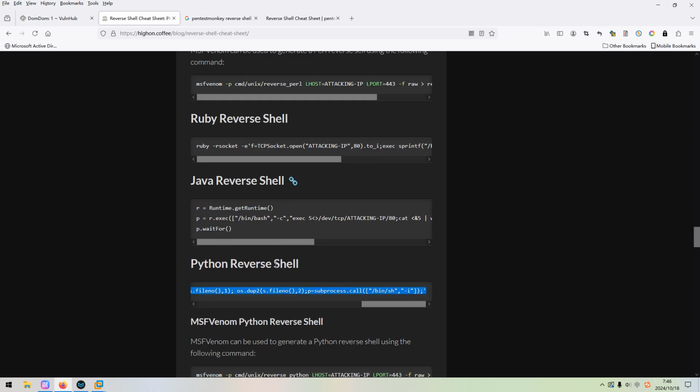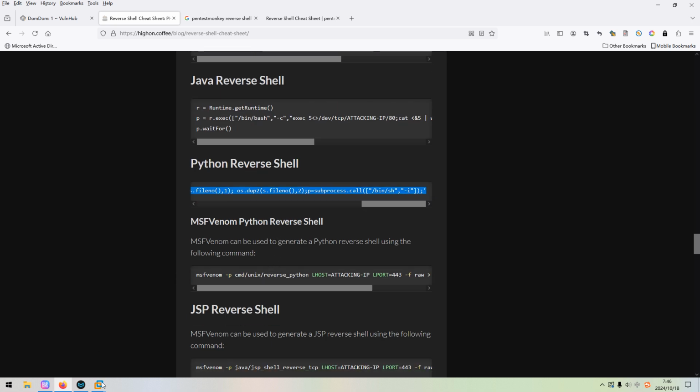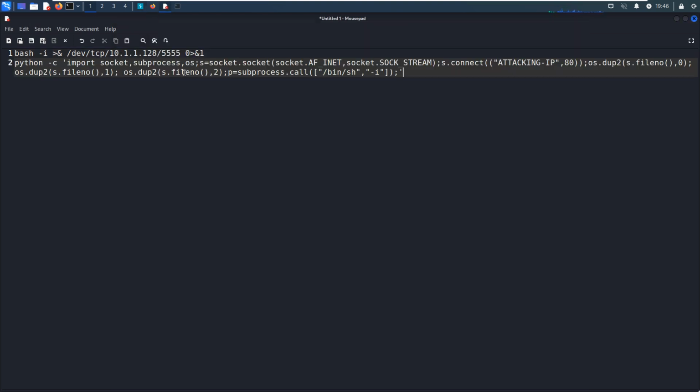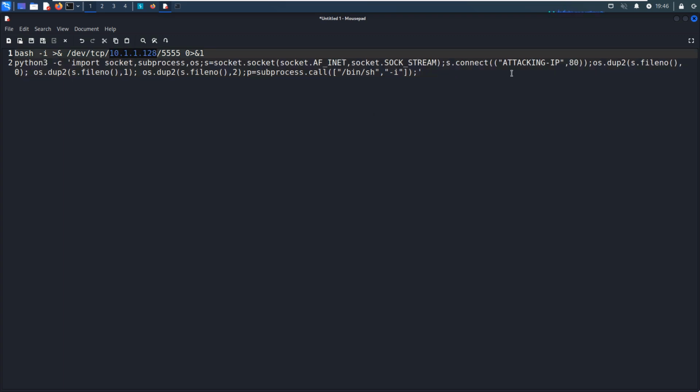Okay, so we can scroll, we can copy and put it over here, and the Python should be Python 3, and we can copy this IP address and replace the attacking IP address and port number.